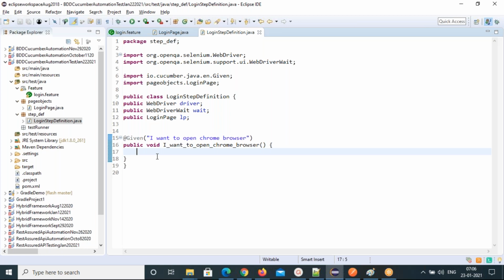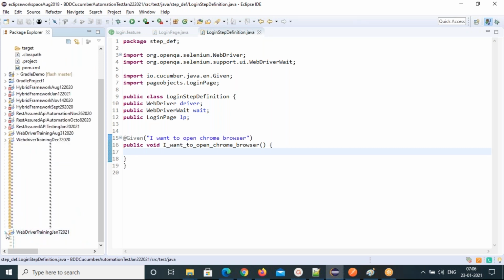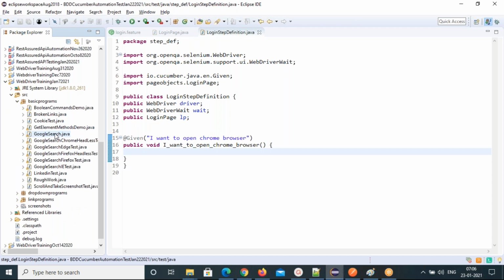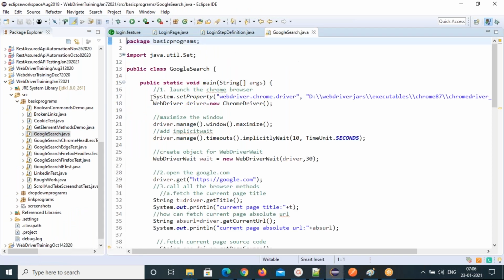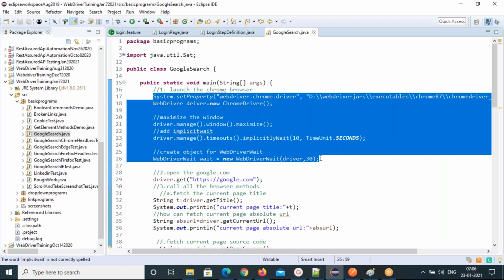I want to open the Chrome browser. So we can open the Chrome browser, and you know all the Chrome browser launching code, right? Let me take it from one of the latest Chrome browser files. So this is the one. WebDriverWait, and this is the one.